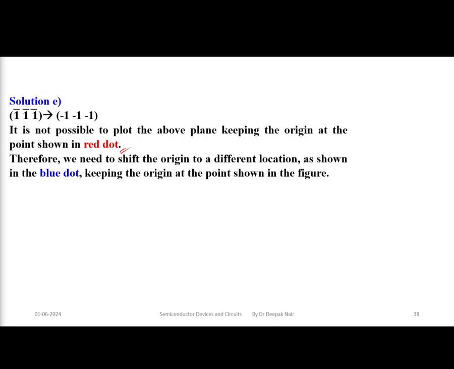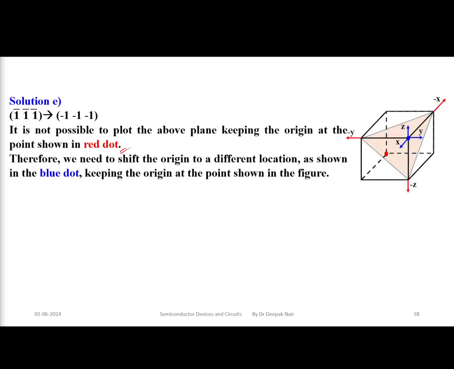Instead, what we will do is shift the axis to a new point and from there we will draw the planes. For example, here you can see we were always using the origin at this point. So this is our origin. Instead of drawing the plane from here, we can shift the origin from this point to another point at the right top corner. And now this origin has been shifted.